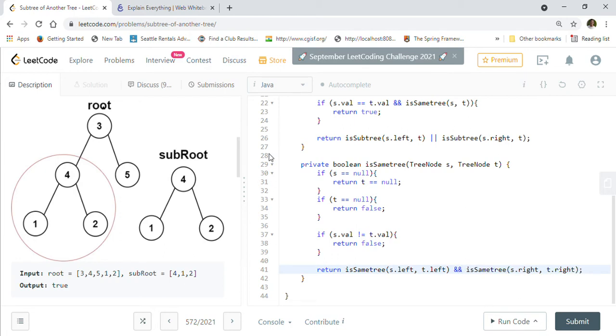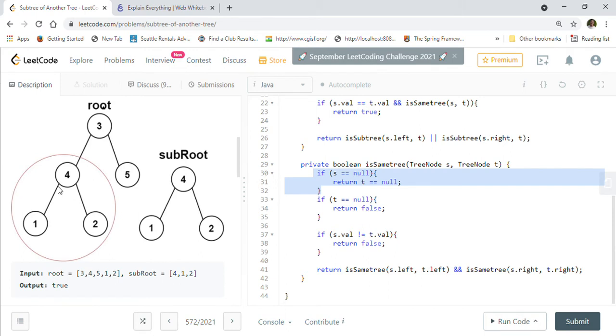So this function will get called recursively. Again it will go and reach 1. So now 1 is equal to 1, so it will pass again. The left will be null, right? Once left is null and once left is null here. So in the case of null, it will just check if null is equal to null, right? Then it will return true here. Similarly for 2 also it will return true here. So true comes here and true from here also comes here. So both true means this is true basically, right? So that is how the recursion works.